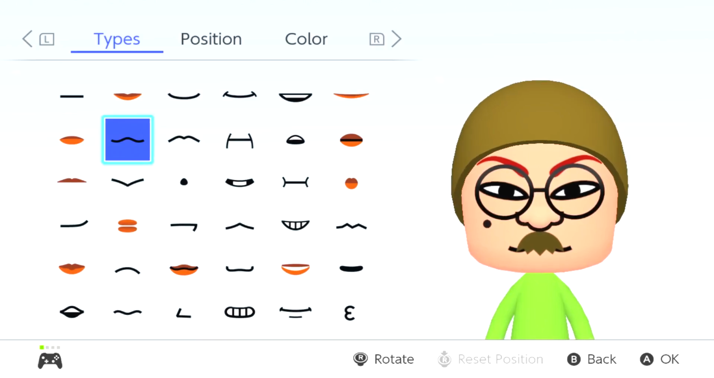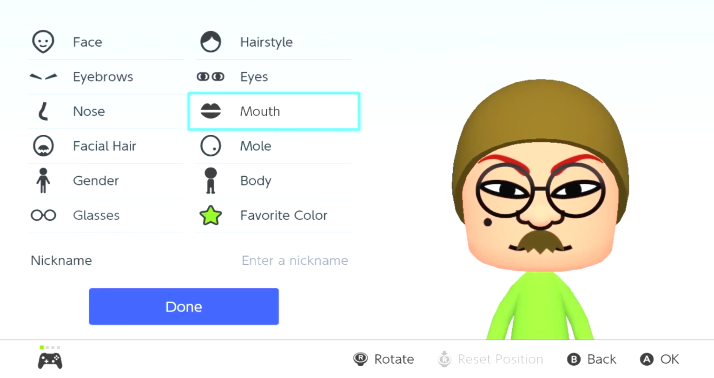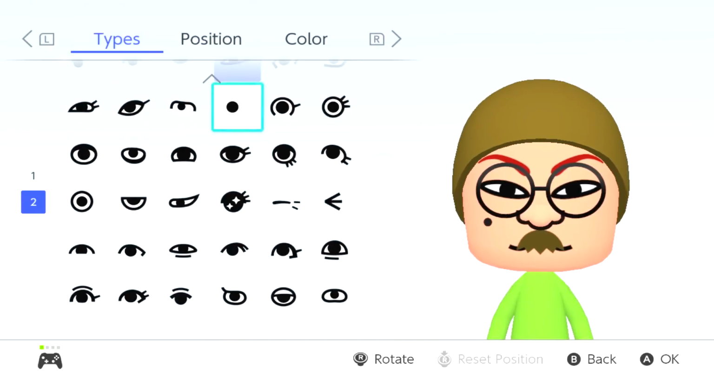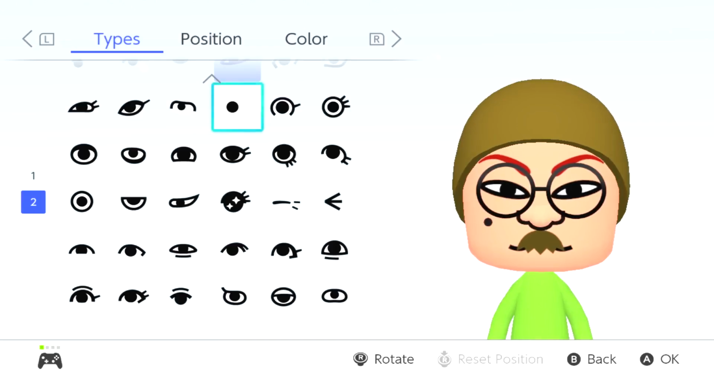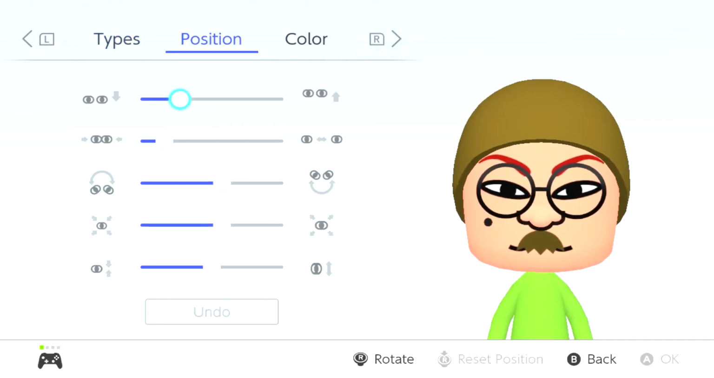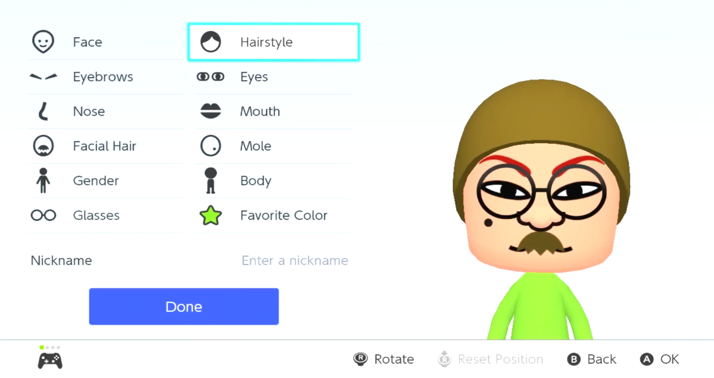The mouth, I thought you had to scroll, but you have more options. 36, I believe. Position and color. The color is like if you have the lip kind of mouth, so you can change the colors like that. Eyes. You have 2 pages of 36 each, so 72 options. Position, of course, color, and you can even change the color of the eyes in rainbow color, and of course